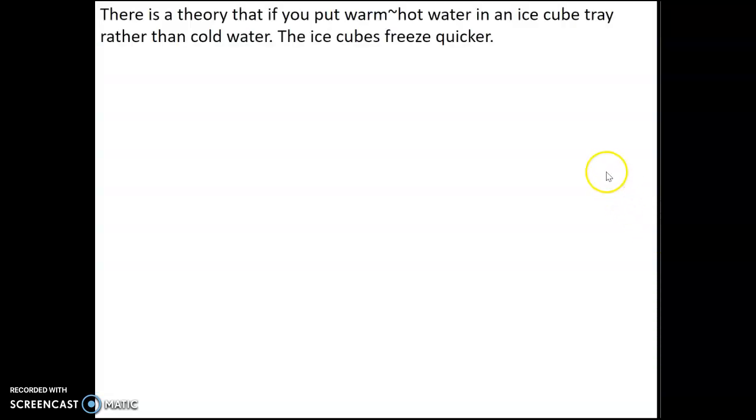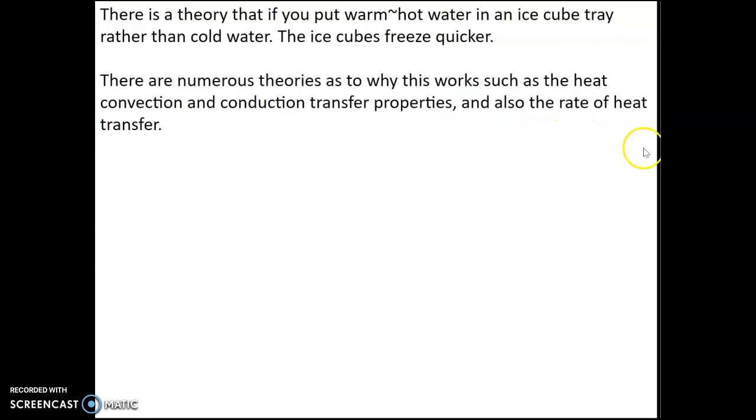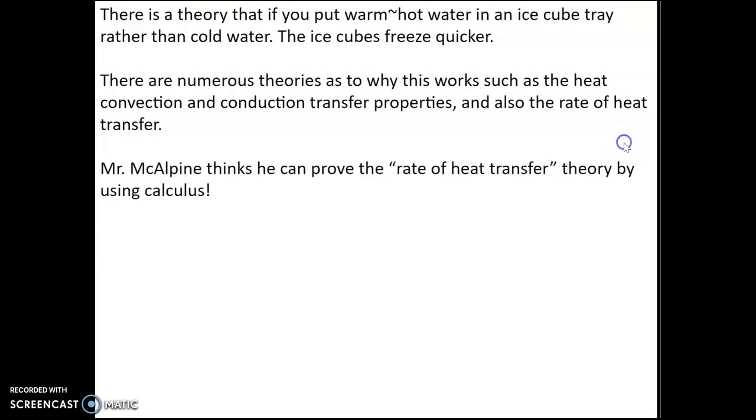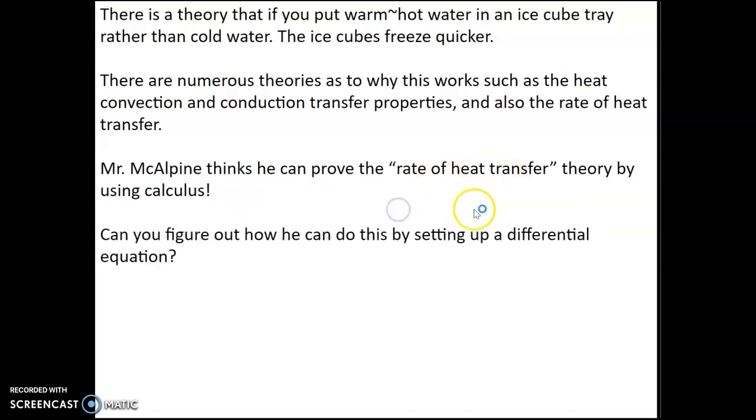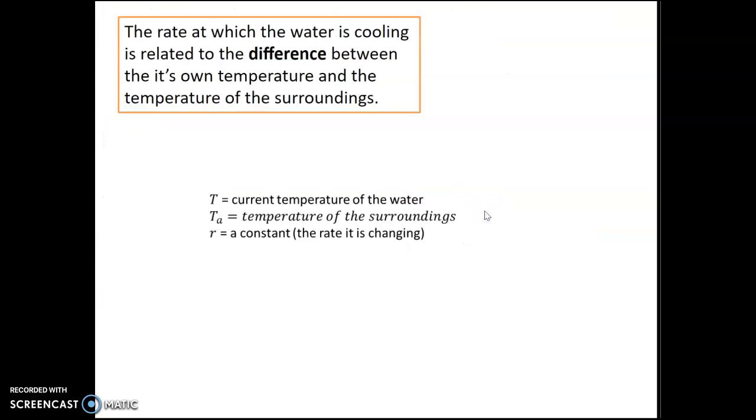Okay, so just to put a bit of context, there's a theory that if you put warm or hot water in an ice cube tray instead of cold water, the ice cubes freeze quicker. There's lots of different theories about that. This is on the slides that I've shared with you anyway. You don't have to read all of this. But I think I could maybe prove this using rate of heat transfer, by using calculus. Normally I'd get you guys to think about that in class, but anyway,